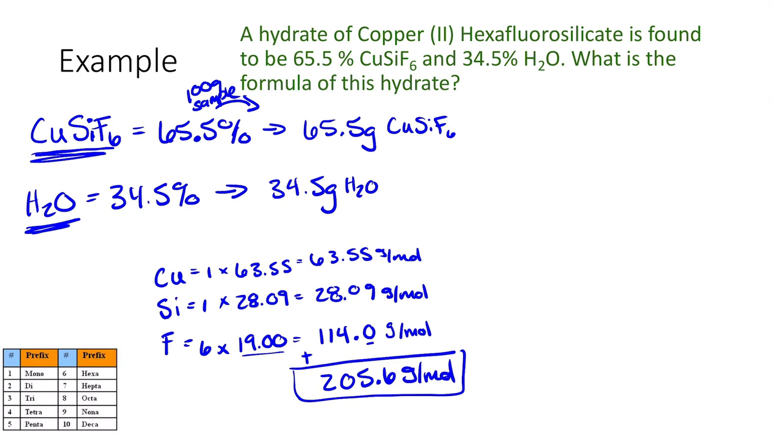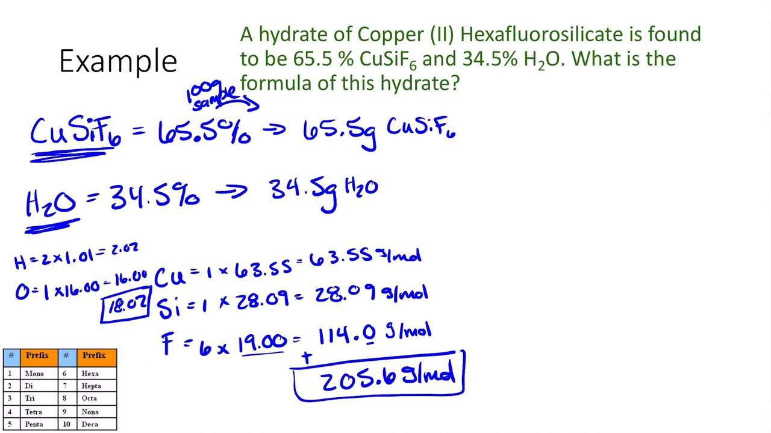I'm going to do that over here. I've got hydrogen and oxygen. There are 2 hydrogens and 1 oxygen. The molar mass for hydrogen is 1.01. The molar mass for oxygen is 16.00. So let's do that math. 2.02 plus 16.00, and I get